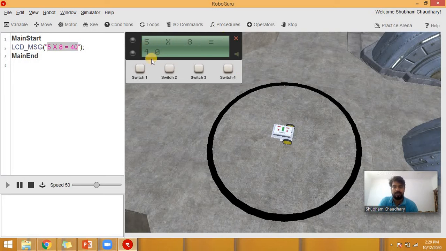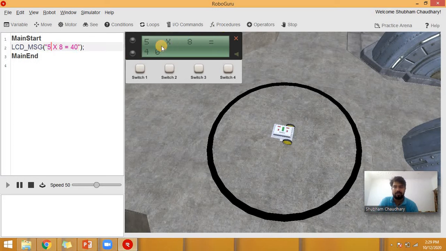You need to ensure one thing, that RoboGuru can display only 8 characters in the first line and 8 characters in the second line. So total 16 characters can be displayed. If the characters are more than 8, then the other characters will be transferred to the next line.